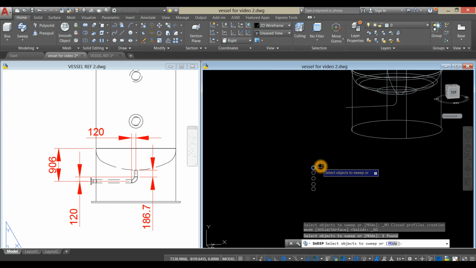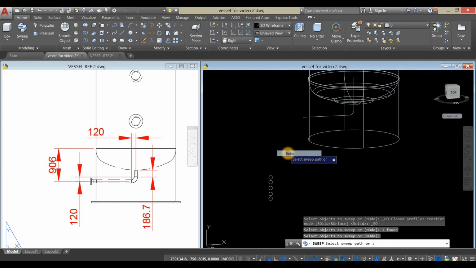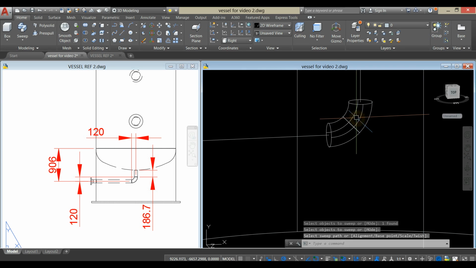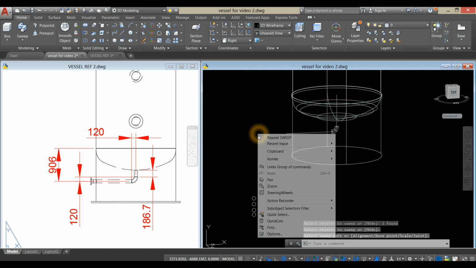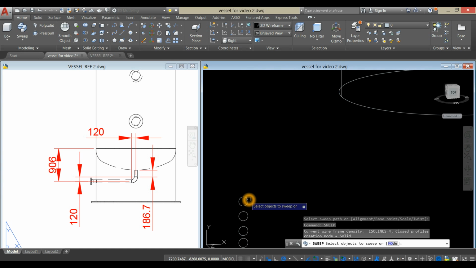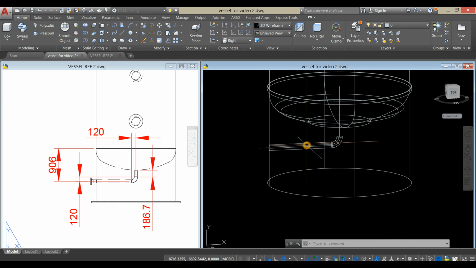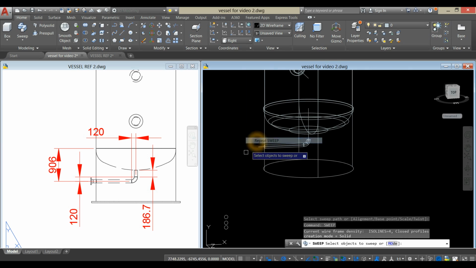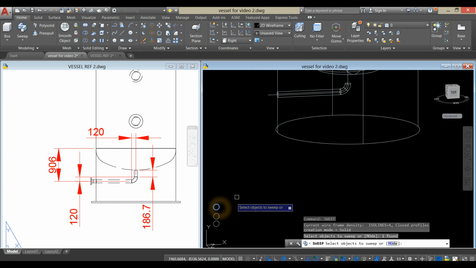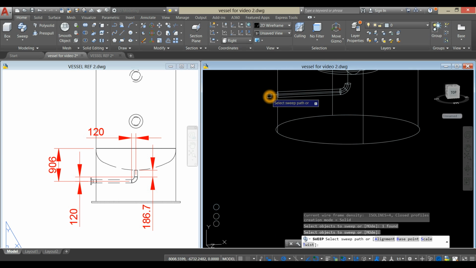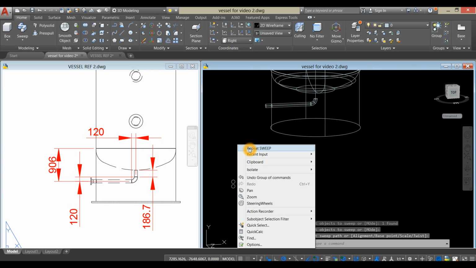Click this circle, enter, and click this elbow. Right click to repeat sweep. Click this circle, enter, and click this pipe. Right click to repeat sweep. Click this circle and select this nozzle. Again,